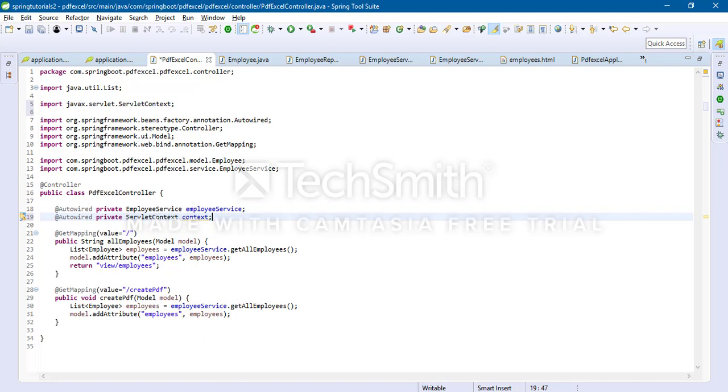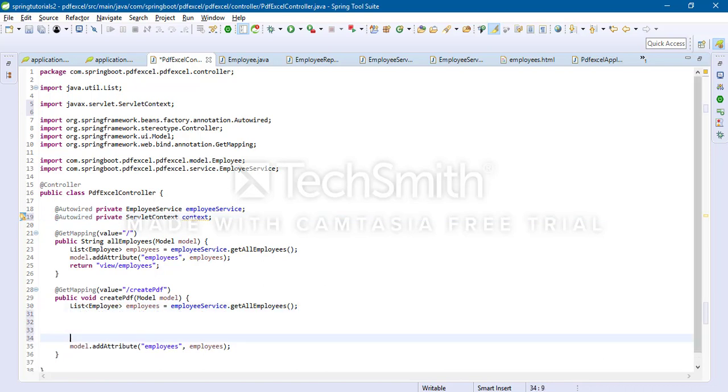Now I'm taking all employees. Now I'm going to perform the PDF creation operation. I'll take boolean is flag